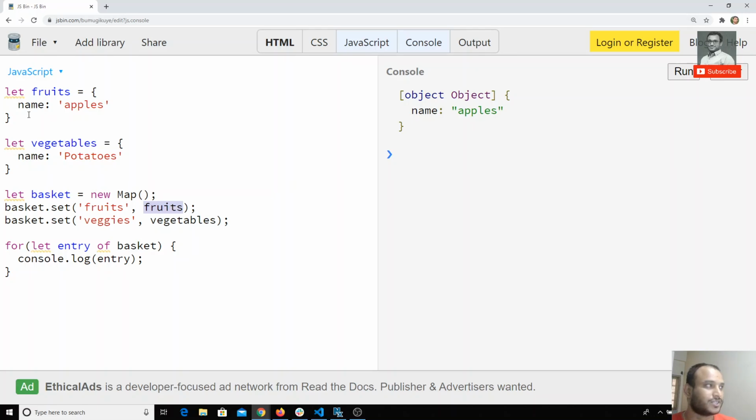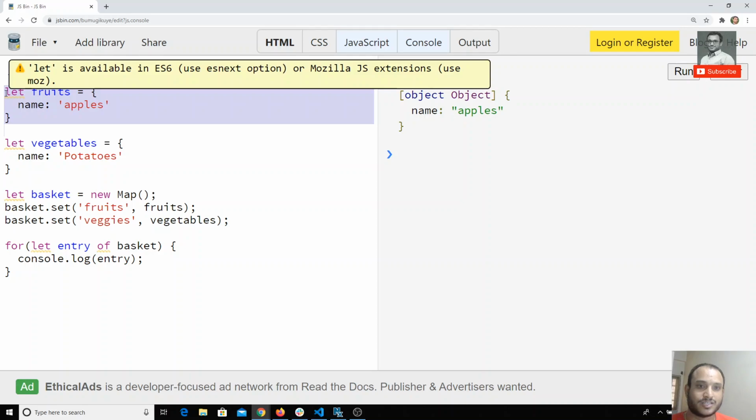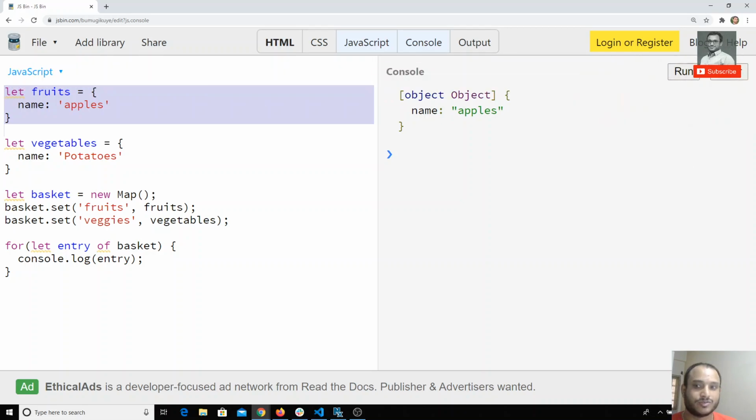You understood, right? For example, this fruits object, we initialized it and we are not using it anywhere in the code. If we introduce it in the Map, it will allocate memory for that object and keep it like that only. But if you introduce it in the WeakMap, then if that object is not used anywhere, it will be removed from the WeakMap also, and that object will be removed from the memory, so that performance increases. In order to achieve that, we will be using the WeakMap.